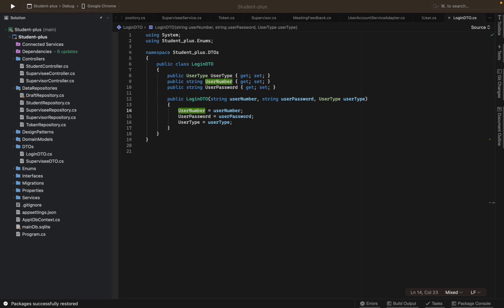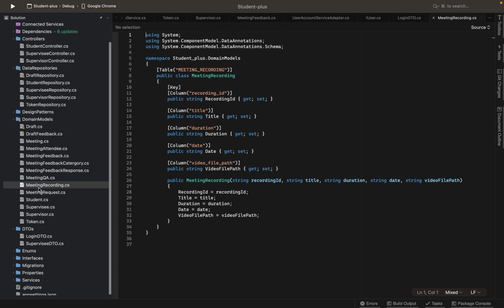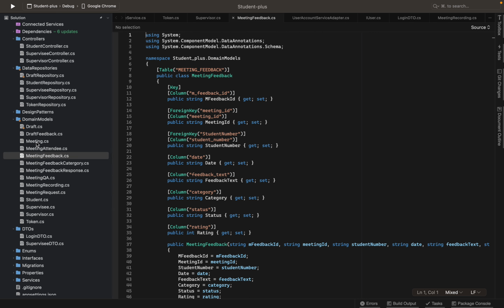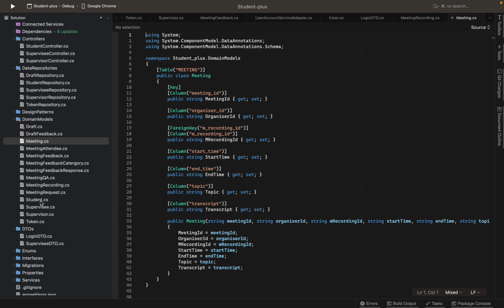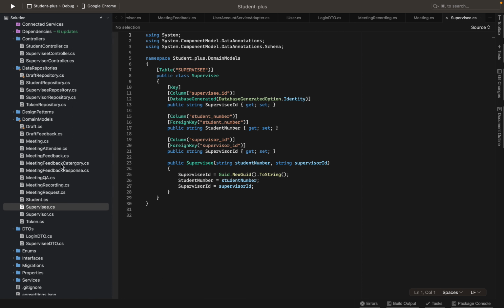Quite a lot of code was already written. I have a domain models. I have implemented all of them. All of the classes were implemented with all of the keys, attributes, and constructors that has to be used for